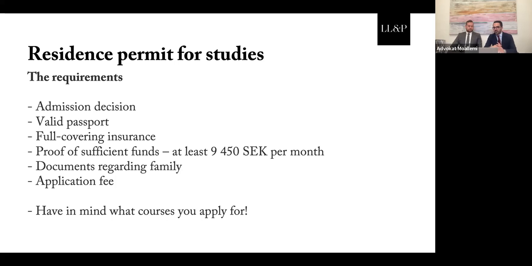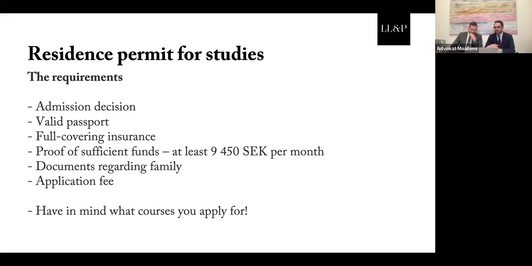What you should have in mind is that there are a lot of people who apply for different courses or the same courses at different universities. When the migration agency reviews these cases, one ground of rejection could be if they believe that the reason you are applying for this permit is to come and do something else, to work, for instance, or live, or that you have no intention to study at said university. One indication of this could be if you have applied to a lot of different courses